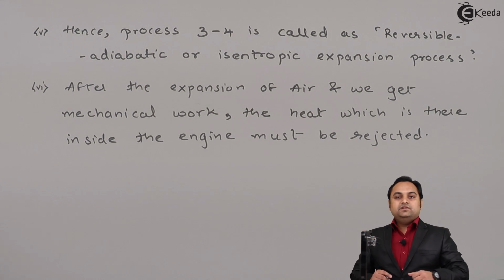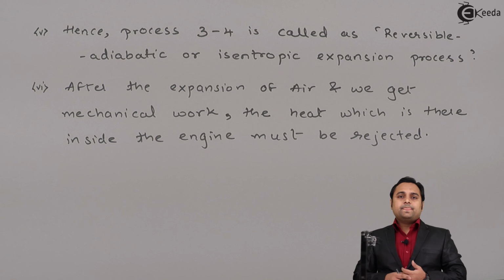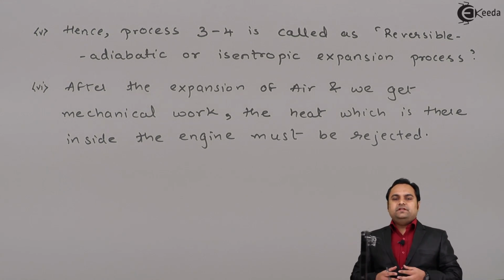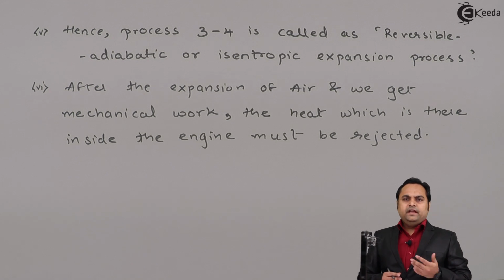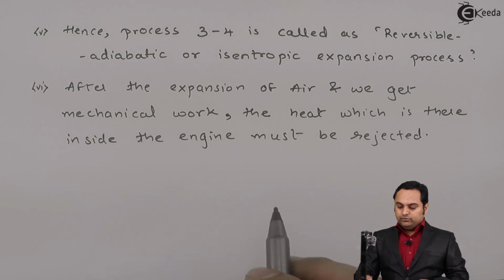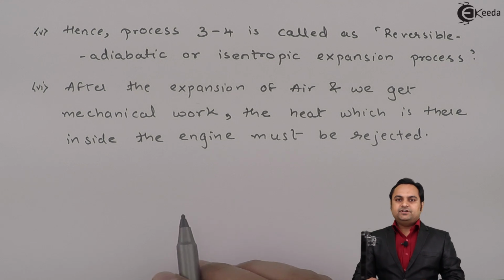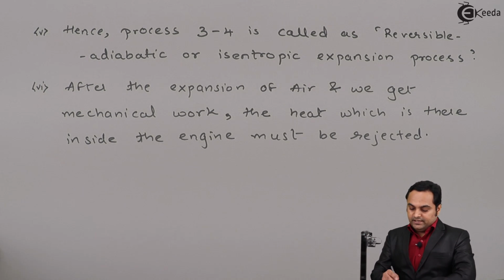So once we have attained the work from the engine, that is, the expansion of air has taken place, it has pushed the piston down and we are getting the mechanical work. Now the heat which is there inside the engine must be rejected to the atmosphere,